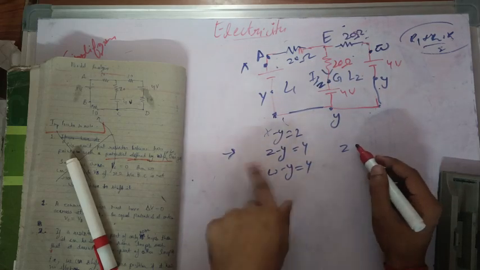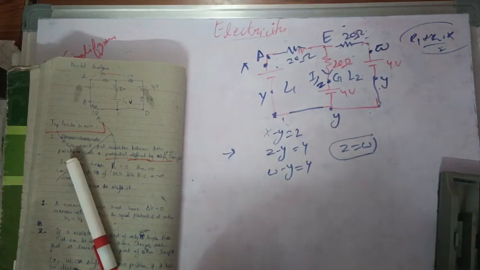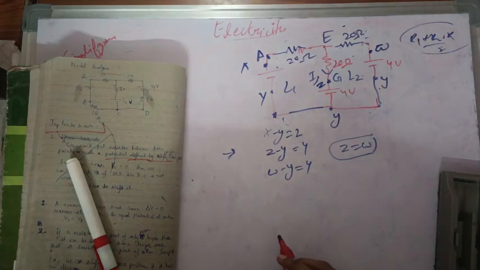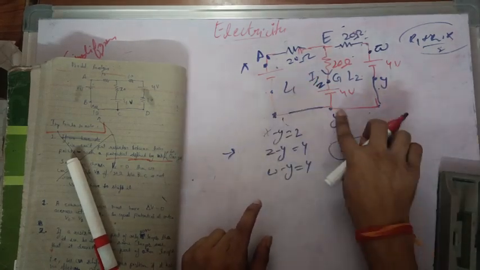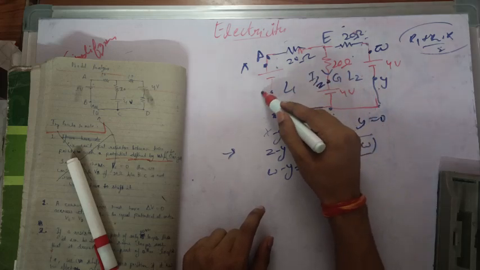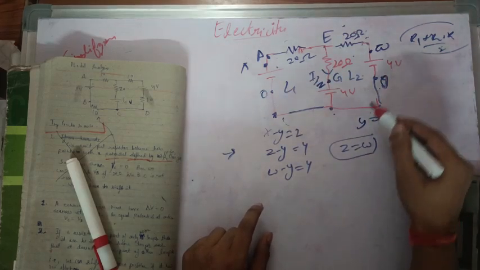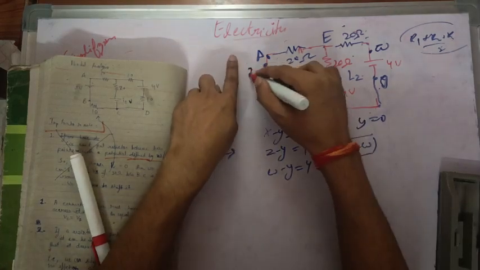So this gives Z is equal to W. Let's take any value of Y. I am taking Y equal to 0, so this will be 0 potential here, 0 potential here, 0 potential here, and X becomes 2,